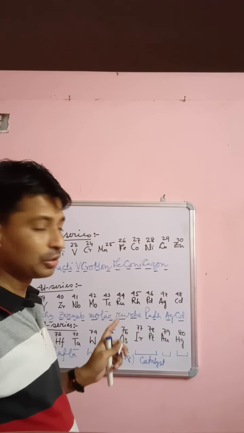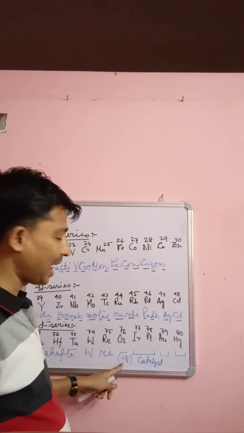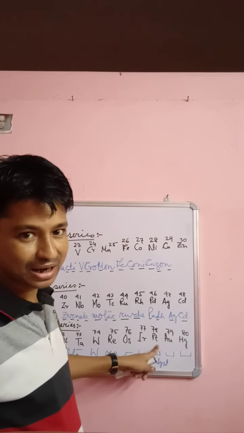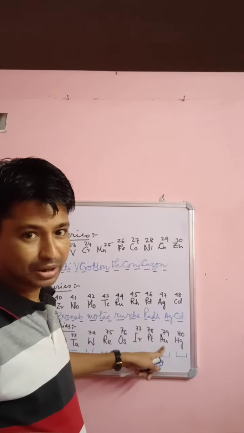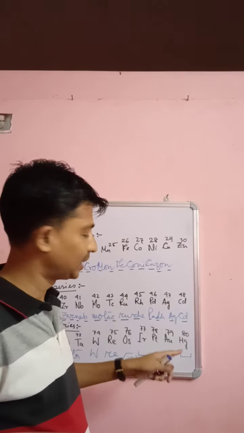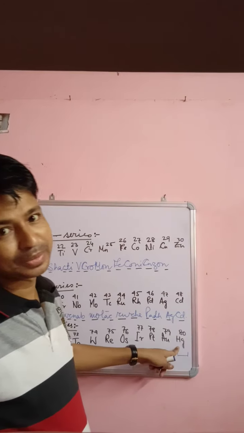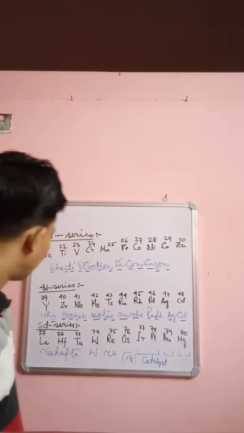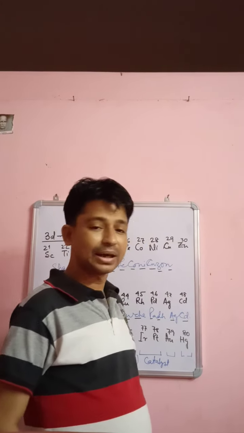5 elements which are very precious. Osmium has a high oxidation state of +8. Iridium and platinum can be used as catalysts in organic reactions, very precious. Gold, we all know very well, even a little kid knows that gold is a very precious material. And mercury is also precious because it is the only metal which is liquid at room temperature. So La, Hf, Ta, W, Re, osmium, iridium, platinum, gold and mercury.